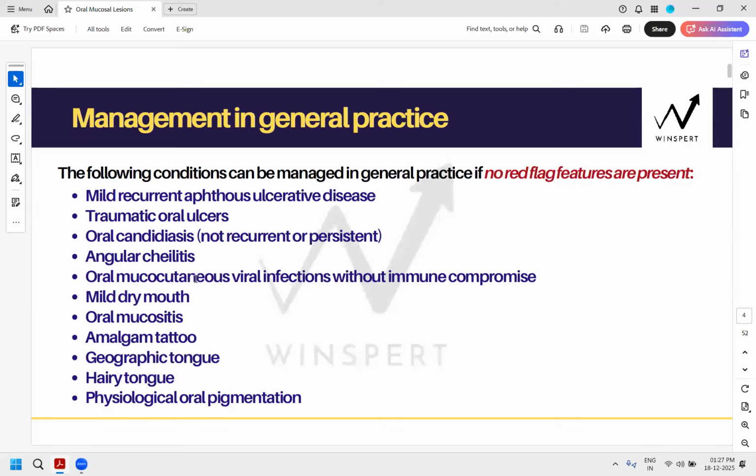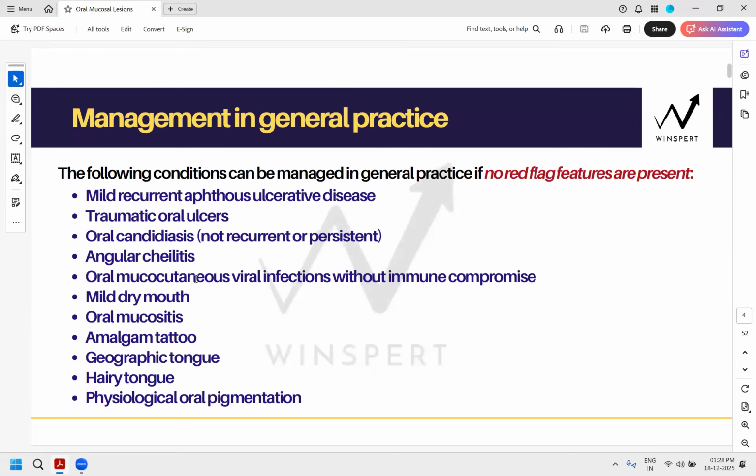Right? So what you can handle yourself without any red flag, you can handle mild recurrent aphthous ulcers. You can handle traumatic oral ulcers where there is a clear-cut indicator of trauma and there is no red flag. So any traumatic ulcer which has a red flag, you can do immediate management there. You can remove the source of trauma in that appointment. But referral is important and immediately important. So if you have two options given, it's a traumatic oral ulcer history and there is a red flag, and there are two separate options given in treatment, that you would remove the source of trauma and the other option is you will refer to the specialist.